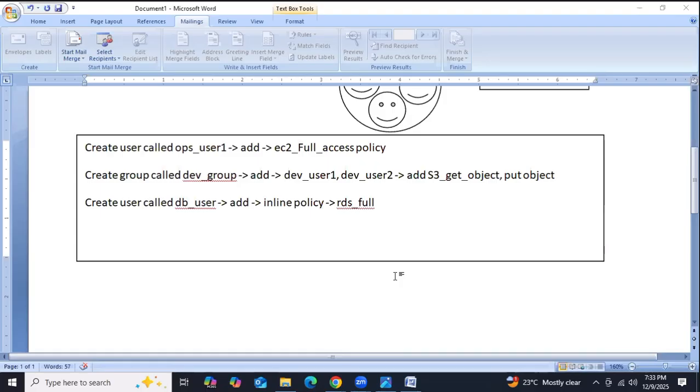So that's it, guys. Tomorrow we are going to continue with account settings, then how to provide the billing permissions, and then MFA, multi-factor authenticator. How to change the password I'll also teach you tomorrow. We have the credentials tab, right? Tomorrow we are going to discuss the credentials tab. So see you guys. Bye. Take care.